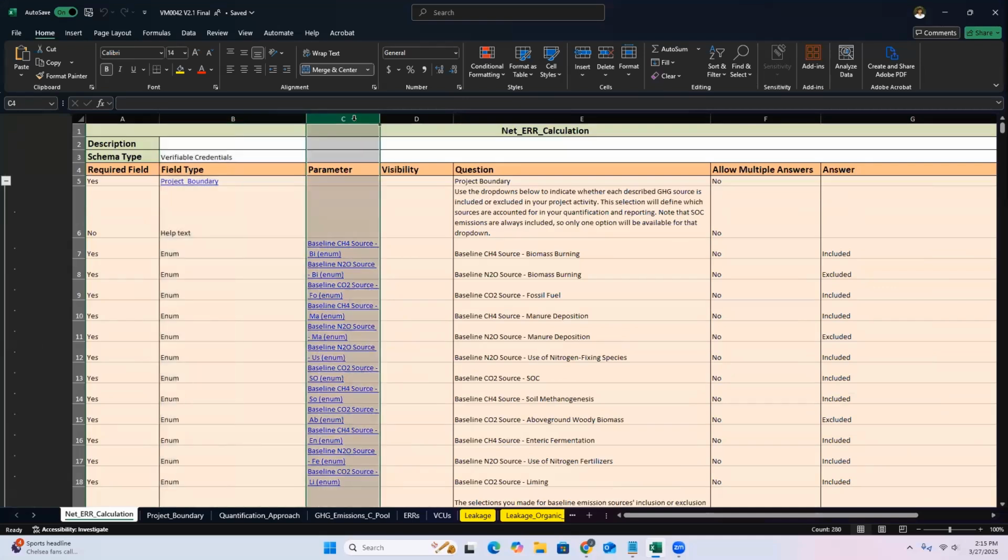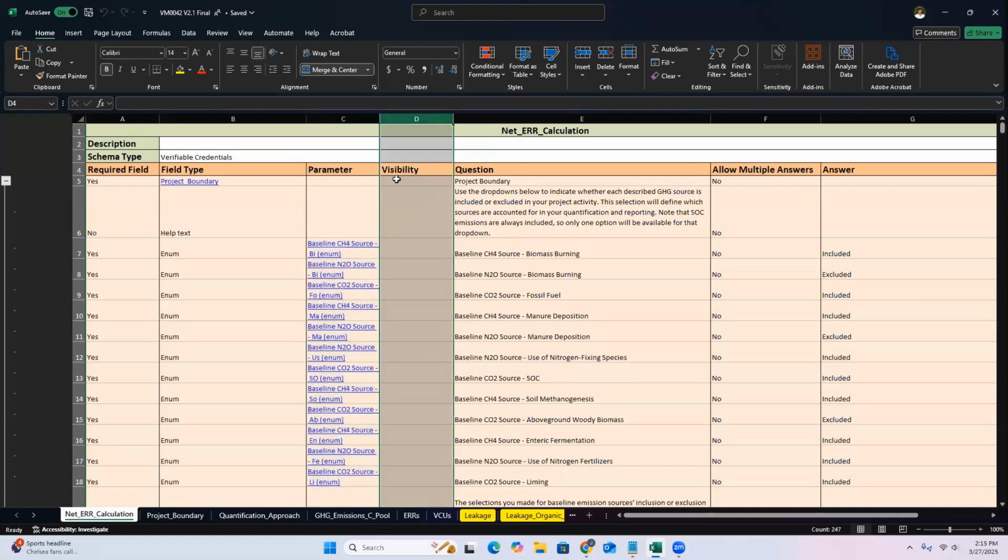And if we move into the next column here, we have our parameter. This is where we collect the different enum options that are separated into different sheets. And all of this is extracted by the Guardian when we import this schema. It can reference the specific sheet that you're referencing here and pull all of those options into the Guardian schemas